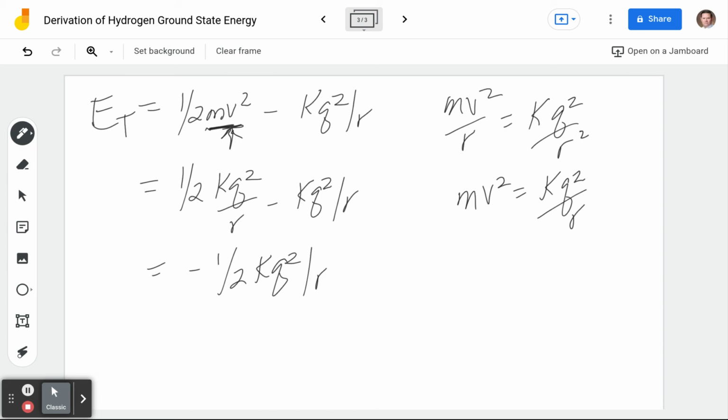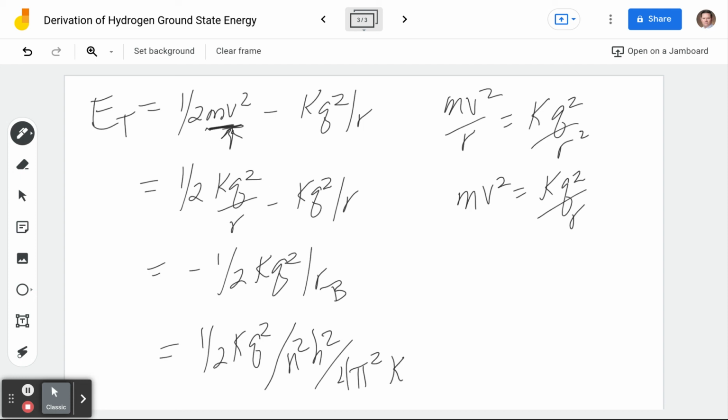And that makes it a lot easier than what I was suggesting before, because now I just plug in the Bohr radius for which I've already solved, and I should get my answer. So doing that, I'm going to get 1/2, I got my k, q squared, and then the Bohr radius, plugging that in, is going to be, this whole thing is over, that was n squared, h squared, over 4 pi squared. I'm going to leave my n in here. I put my n back for the Bohr radius because I want to try to get an expression for various energy levels. It was kq squared, and then m. So flipping the bottom of the bottom back up on the top, I'm going to get